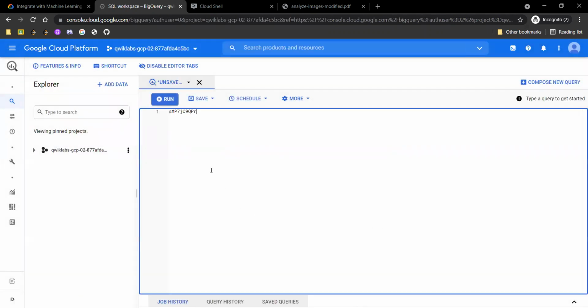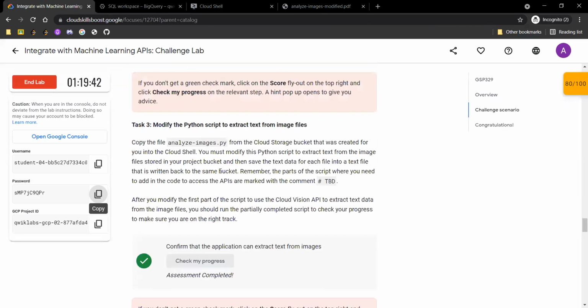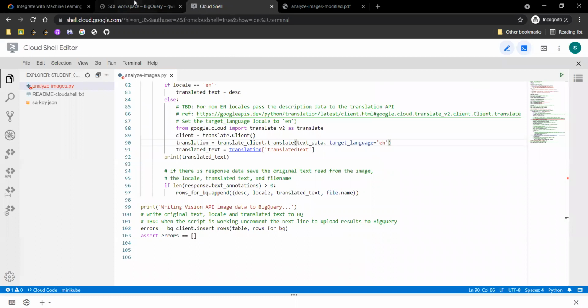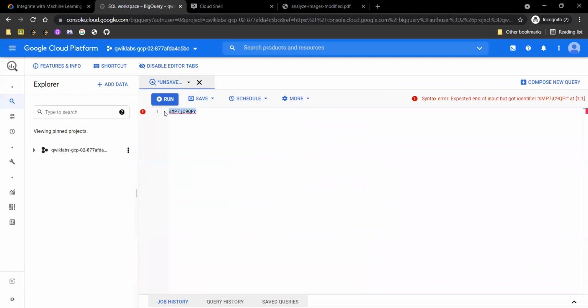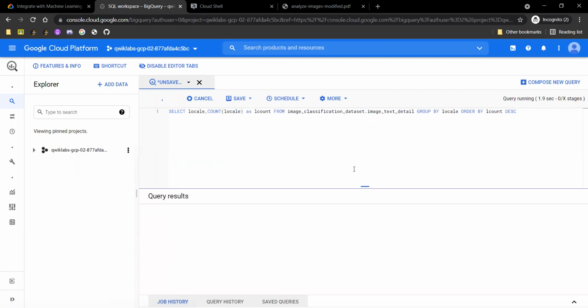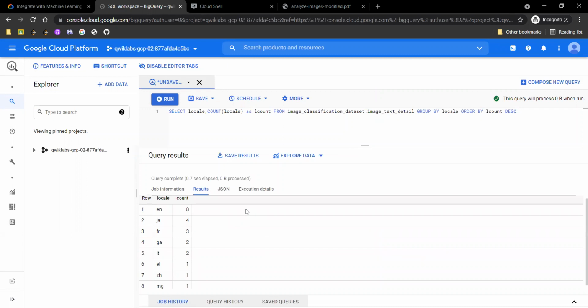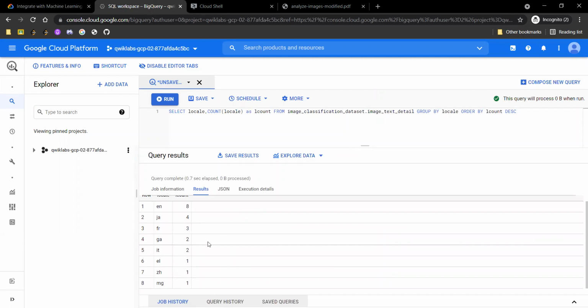So simply copy this command from here and simply paste this command up here. Now click on run and just wait for a few seconds for the query results to load. And yeah, so all the query results have been successfully loaded.